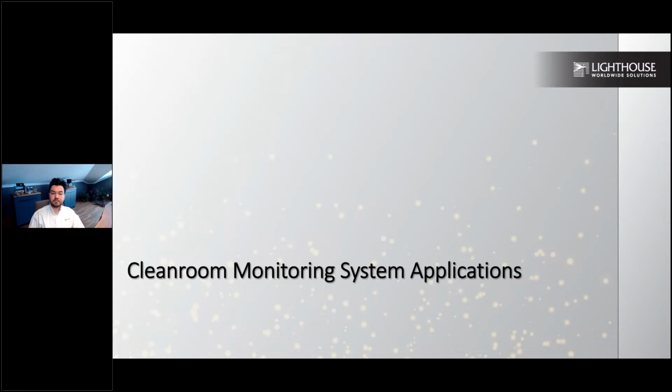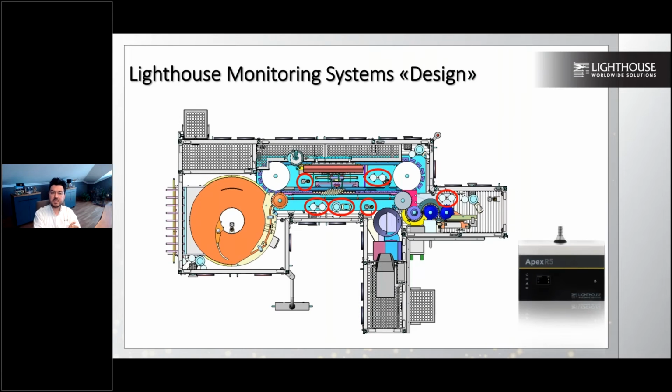Next one is the Cleanroom Monitoring System application, how we will be designing it and how we will be implementing it into our final location. For example, let's think about designing a monitoring system for a filling line. This will be a vial filling line where we have a turntable here, and this turntable moves forward directly to